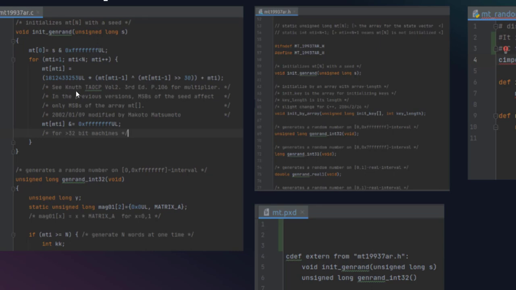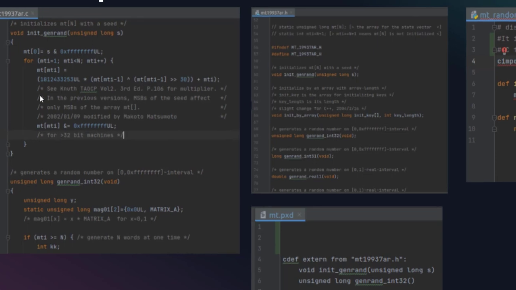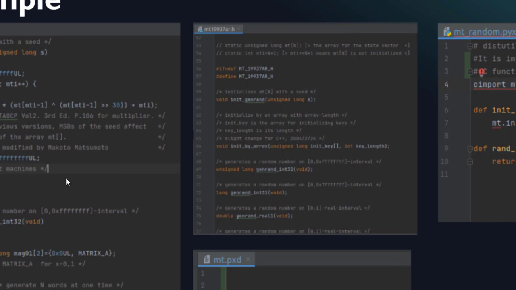Let's assume this is already existing C code that we have, and we want to use it in Python, so that we can have higher control and the fast execution of code because of its compiled nature, but can also access it in Python. So this is our existing code, and this is the header file for this code, which declares the various functions that are written in this .c file.